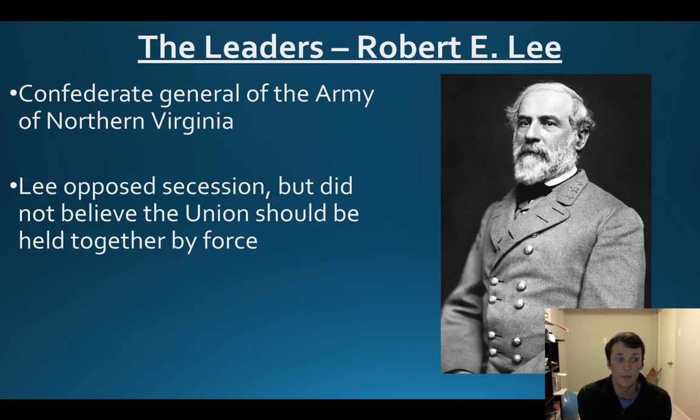So you also have Robert E. Lee, right? And Robert E. Lee is chosen as the Confederate general of the Army of Northern Virginia, which is really just the name for the largest